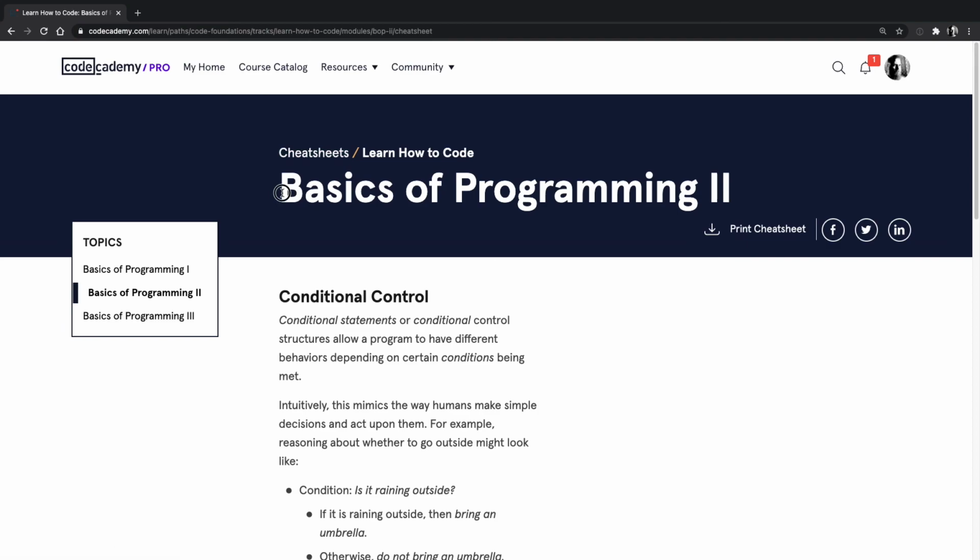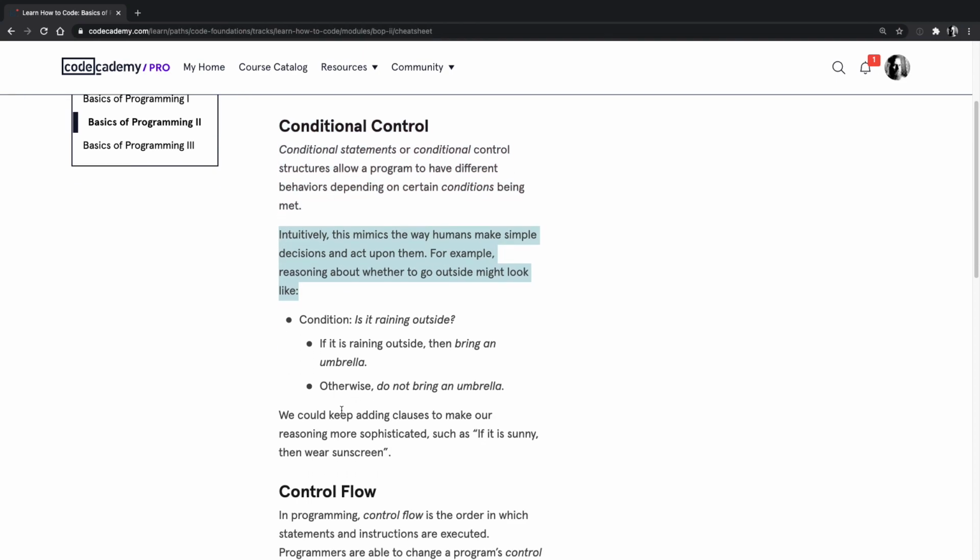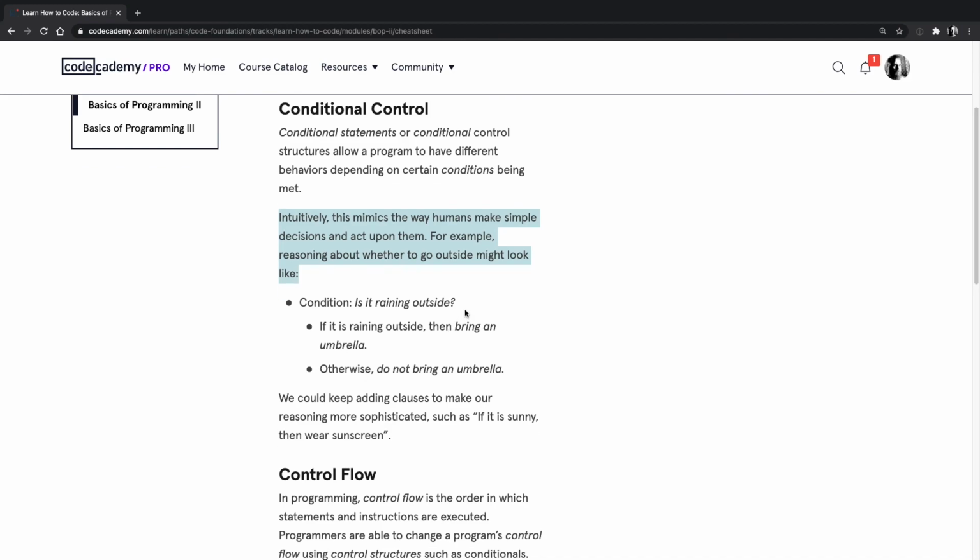Cheat sheets. Basics of programming 2. Conditional control. Conditional statements or conditional control structures allow a program to have different behaviors depending on certain conditions being met. Intuitively, this mimics the way humans make simple decisions and act upon them. For example, reasoning about whether to go outside might look like: